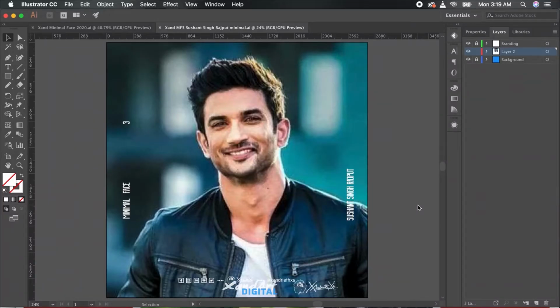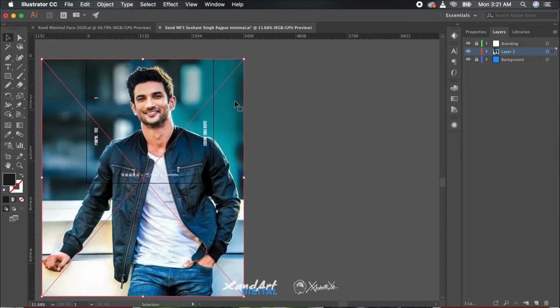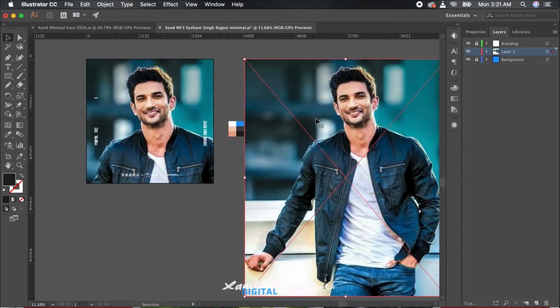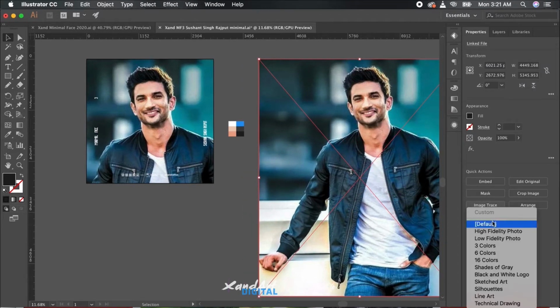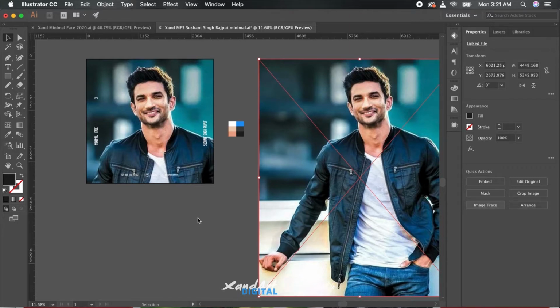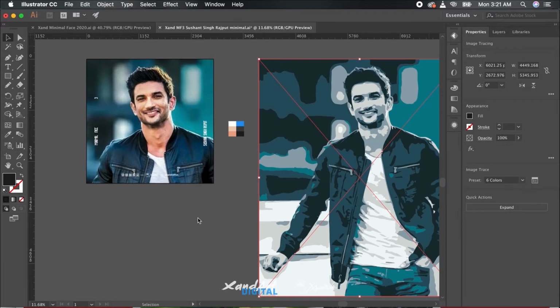We'll start with a good photo, for example this one I found on the internet, and start with it. In case you didn't know, there's a feature in Illustrator called tracing, which is quite useful and has its benefits, but we won't be using it because if you want our portrait to look good and clean, this is not really the way to go.